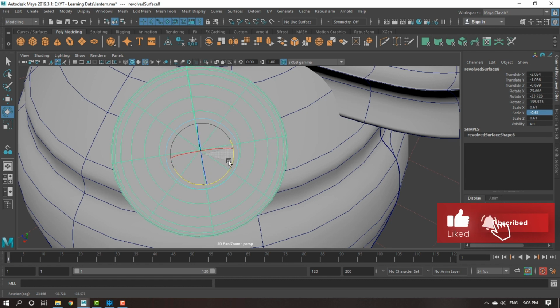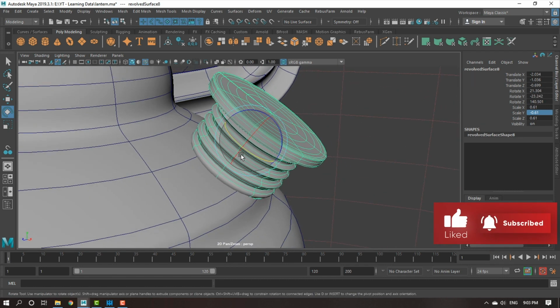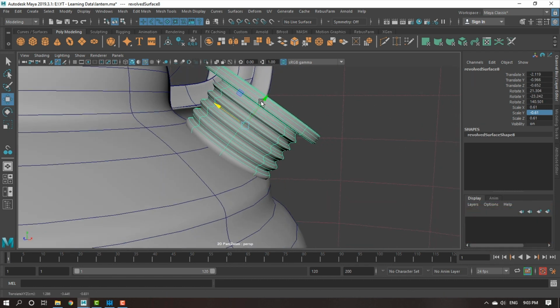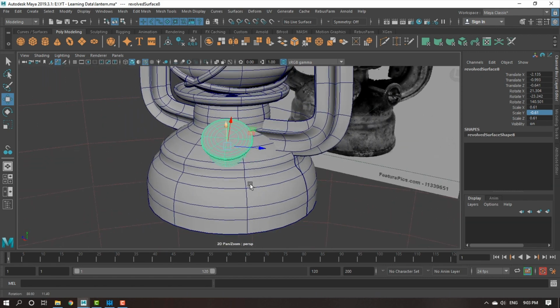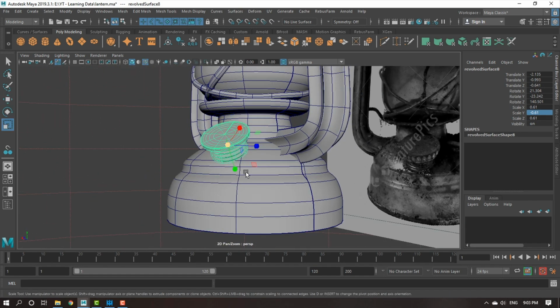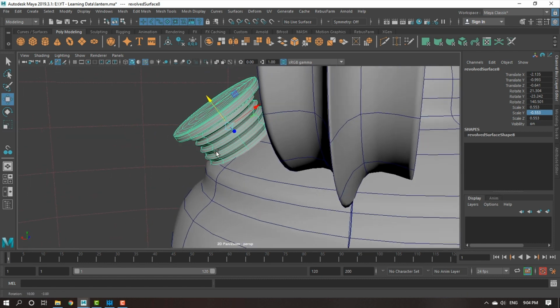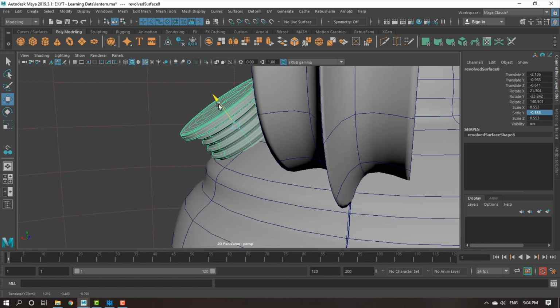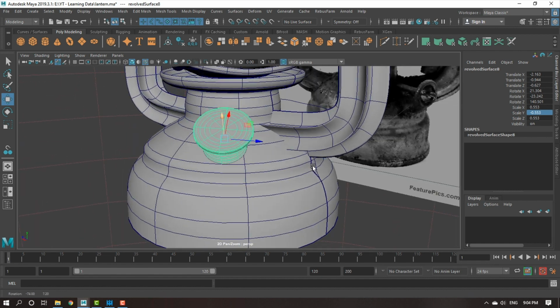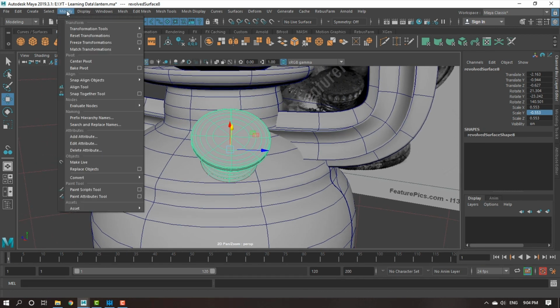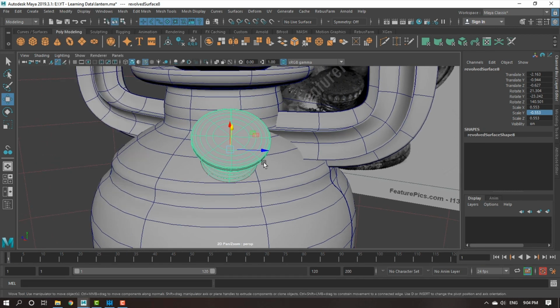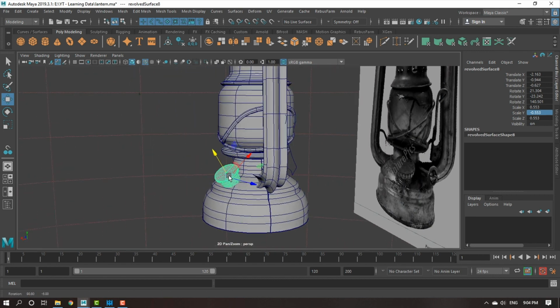I can go here. I can rotate this thing. I can go here. See, easily I have aligned the object the way I want. I can just scale a bit in. Not too much. See, I'm not wasting time in these things. My main goal was to show you the tool, that is the modify snap together tool. So till now here we are done.